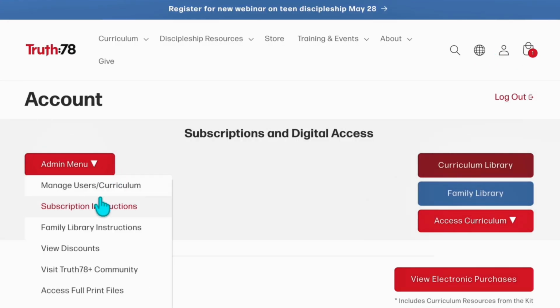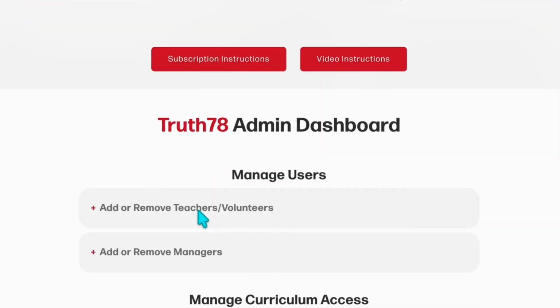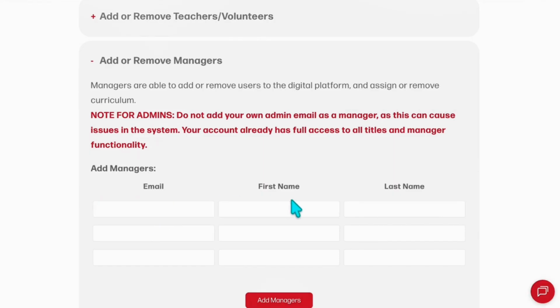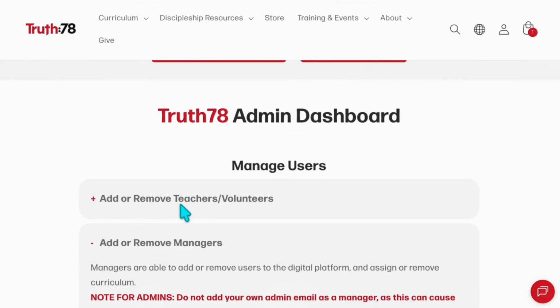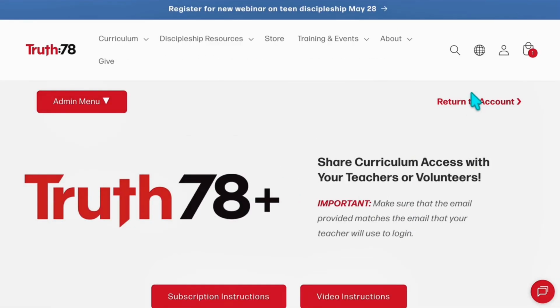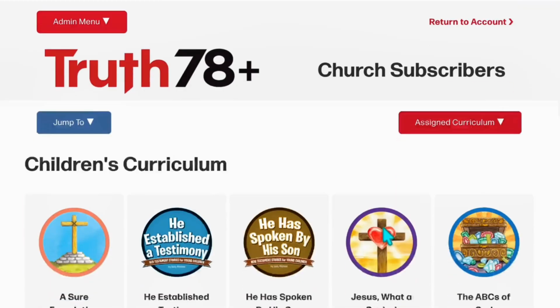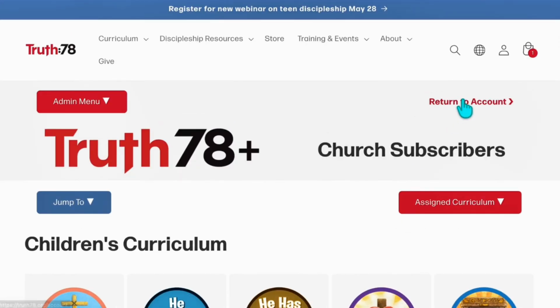Now, within this admin menu, you can also assign managers to your subscription. You can simply put in their email, first name, last name, and click Add Manager. They will get an email to set up their account from Truth 78. And when they log in, they will be able to access this section here where they add and remove teachers and assign curriculum. They'll also be able to access the entire curriculum library without having to be assigned any titles